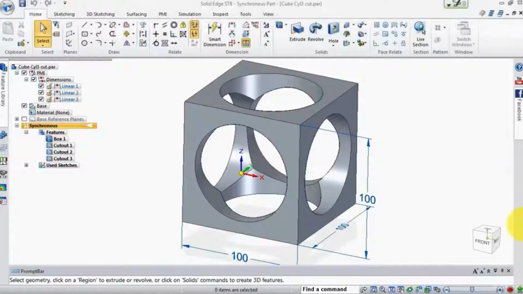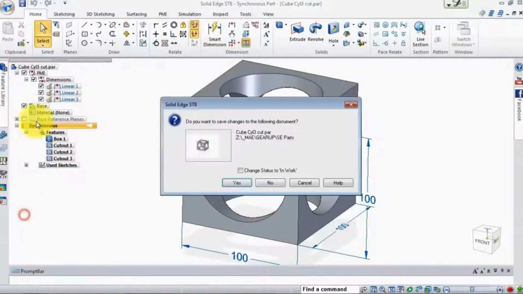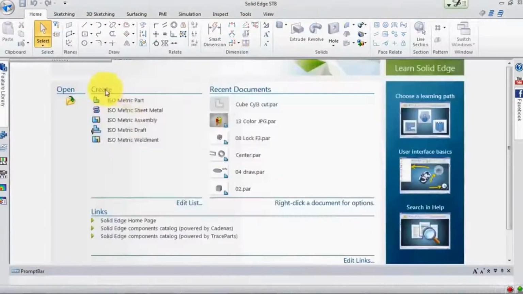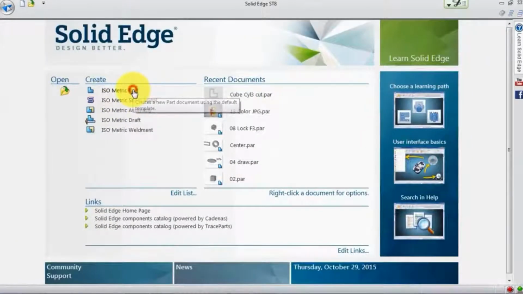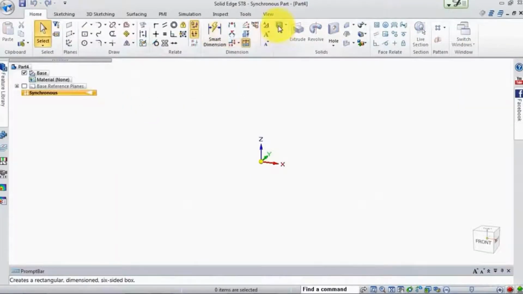So let's go ahead and create this part as shown. Now we're going to create a cube 100 by 100 by 100, and then we're just going to cut out these circles on the three faces. So we'll close out of this one and we'll create a new part, just an empty part, and we'll start